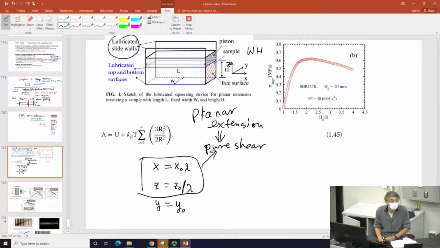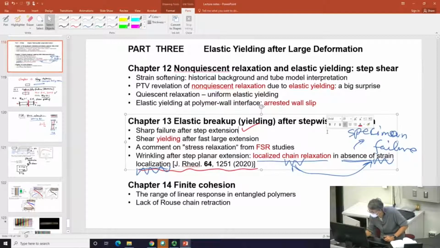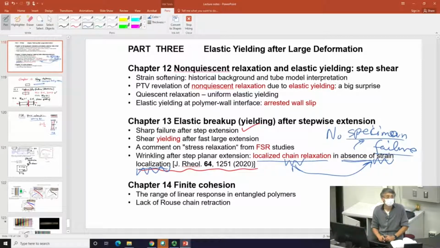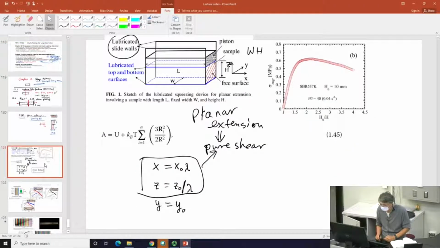But not only that, in other words, there's no failure of the specimen, right? Not only that, we got rid of the free surface. So there are two things we try to accomplish. The rest